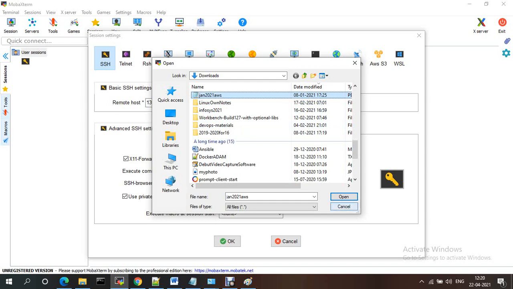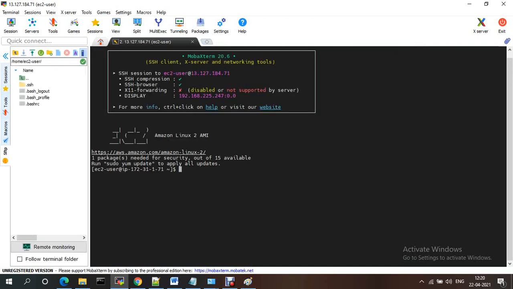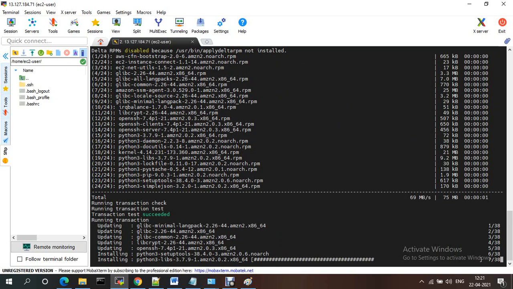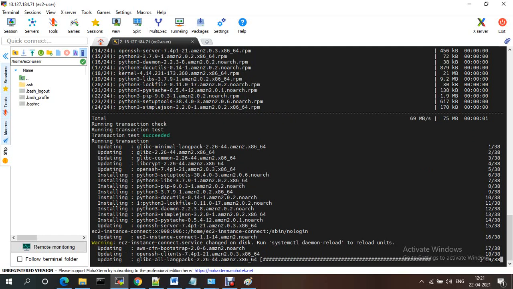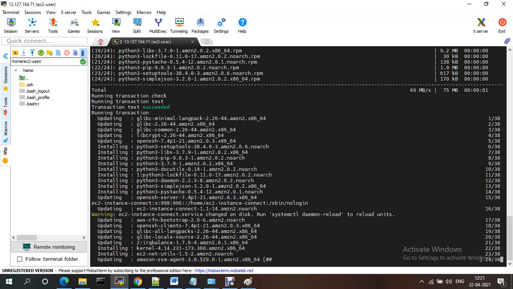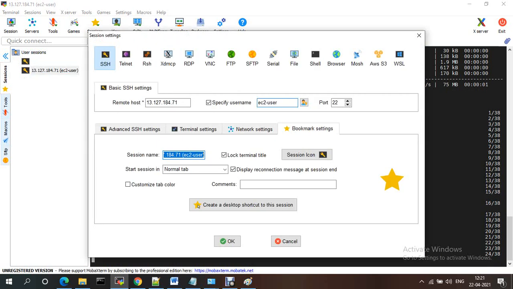This is my pem file. I'm updating this machine to download the required plugins. This is the new machine, so I'm keeping this name as build server.